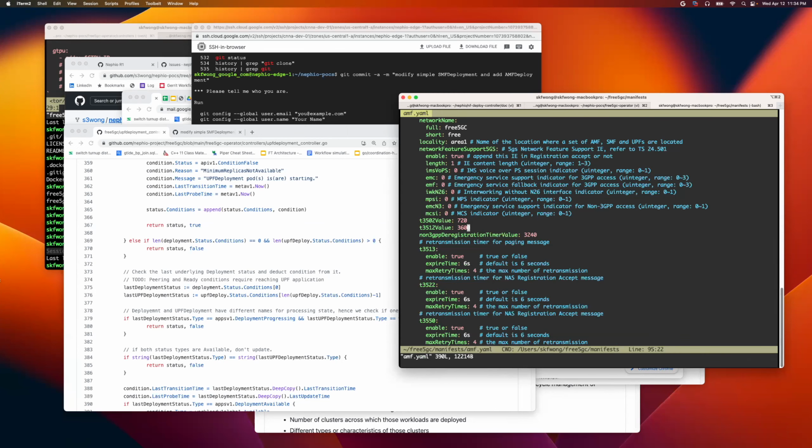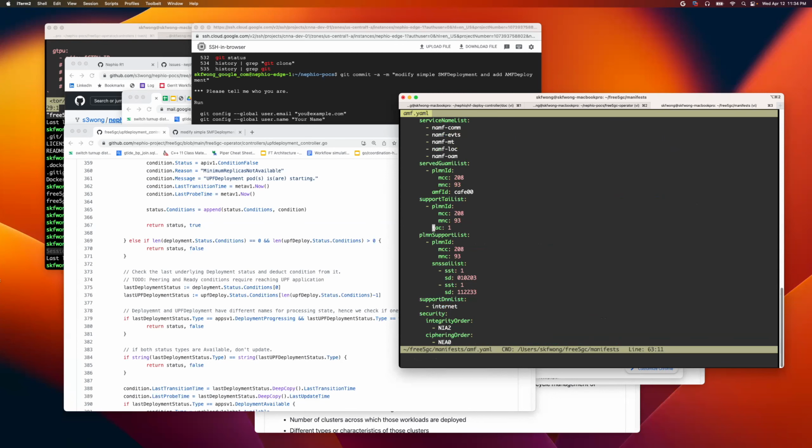It will come as part of AMF deployment as of now. So how the workflow will work is we don't just push you an AMF deployment. We'll push you a whole package of resources. Your controller watches only the AMF deployment. From the AMF deployment, we will also guarantee that by the time you wake up from the reconcile loop,